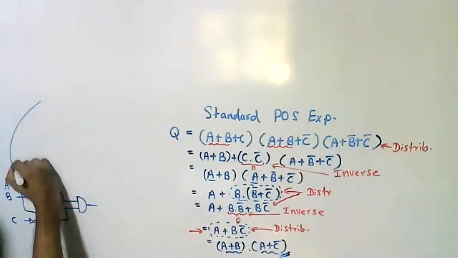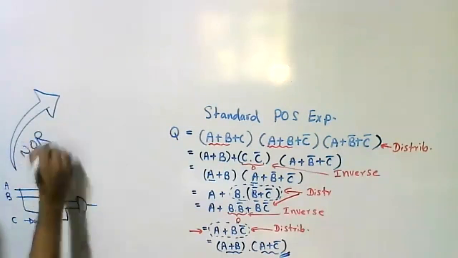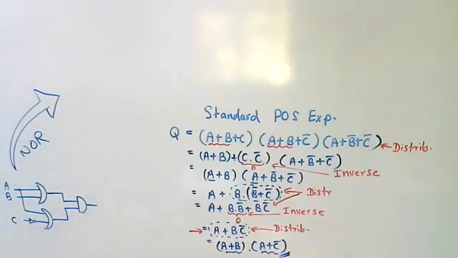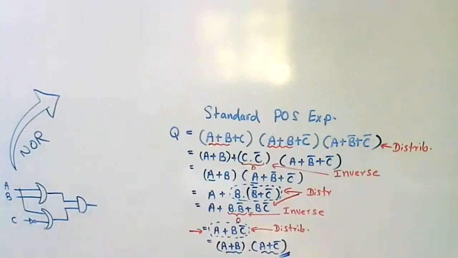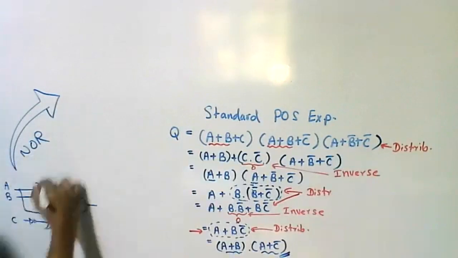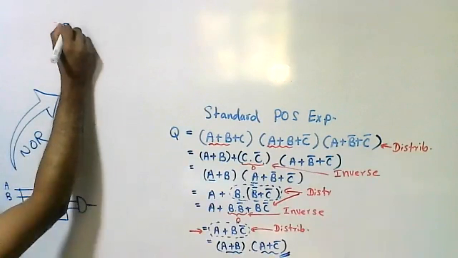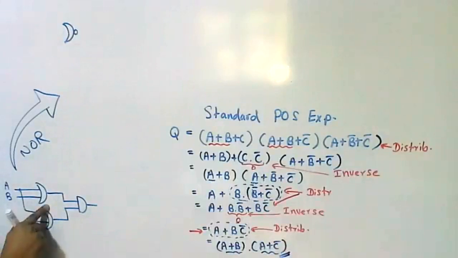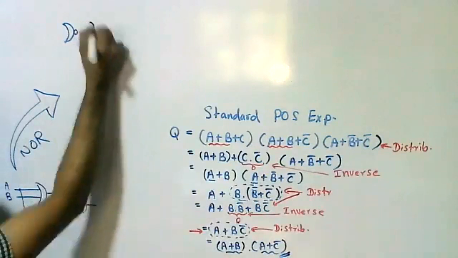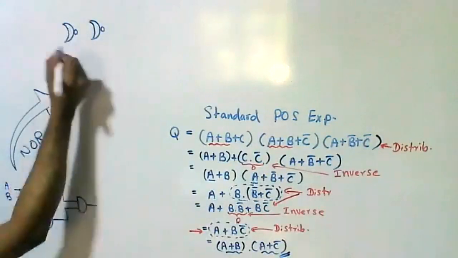Okay, I'm going to convert this one into universal NOR gates. I'm going to draw this using universal NOR gates. So here an OR gate is there. So how can we draw an OR gate using NOR gates? Yes, Ilma, one NOR gate. How many NOR gates do we need? Two NOR gates. Two NOR gates serially. You have to connect two NOR gates serially, not parallelly.